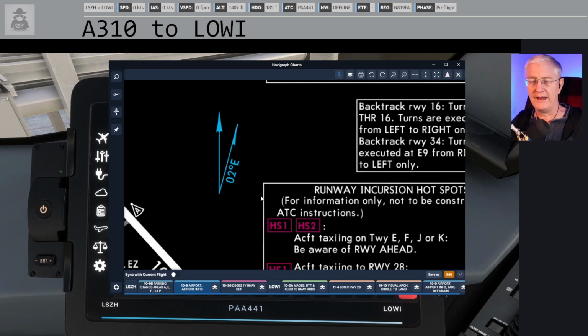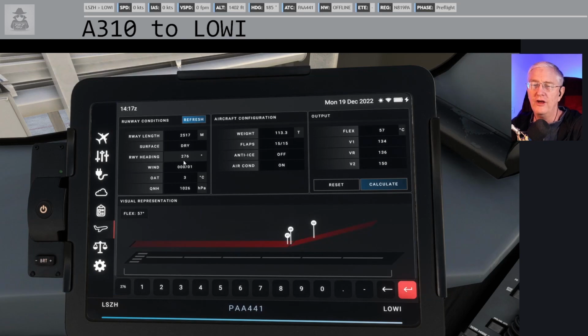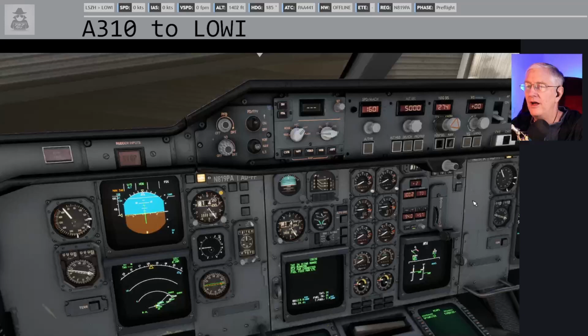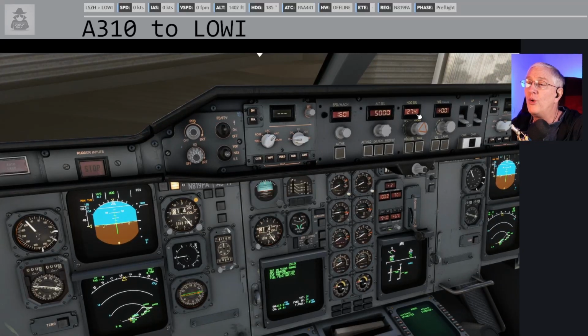So there's the magnetic heading and your true heading, and so there's a little bit, but you notice the difference is 2 degrees. So there's 276, 274. Oh wow, difference of 2 degrees. That's the difference. As far as what to put in up here, I generally put in that main number